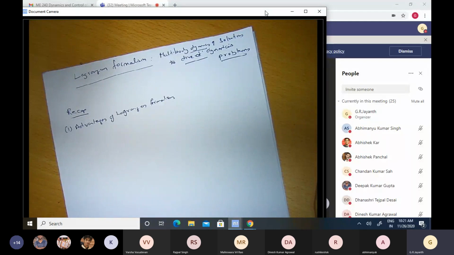Whereas in the Newton-Euler formulation, as I said, all the recursive relations that we wrote, both forward as well as backward recursions, were only physics. The forward recursions were for kinematics, the backward recursions were for dynamics. The backward recursions were simply Newton-Euler equations applied after writing down the free body diagram of each single rigid body in that multi-body system.